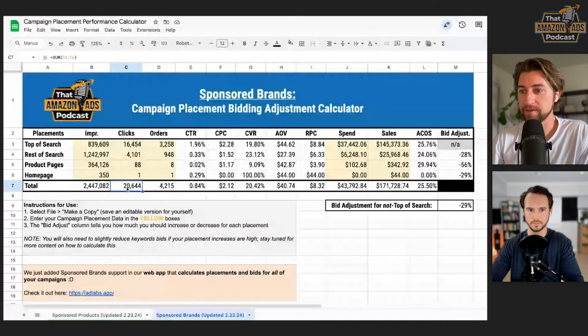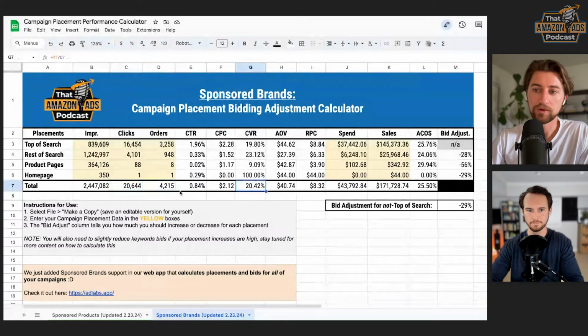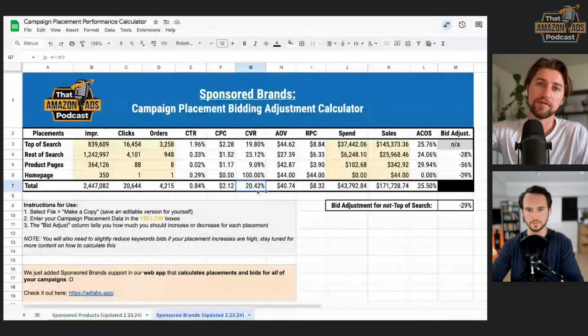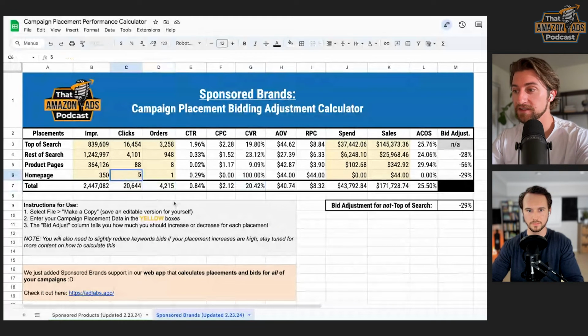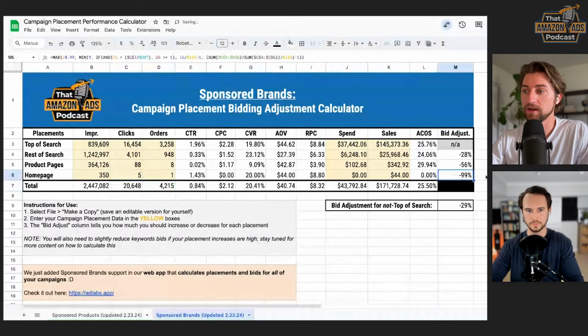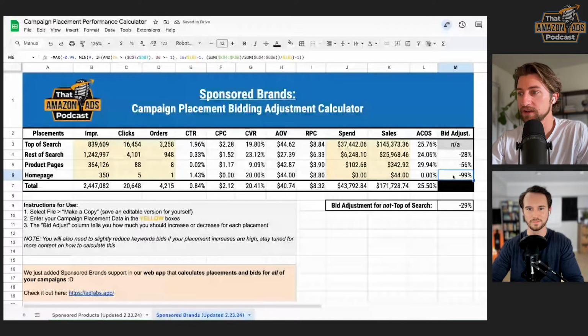If we do clicks divided by orders, that's basically just the inverse of conversion rate. So, right, conversion rate's orders over clicks. We're doing the opposite. So if we're averaging a 20% conversion rate, flip that upside down. That's an average of 5 clicks to conversions. So this would need at least 5 clicks until we can calculate, okay, here's the bid adjustment here is minus 99%.